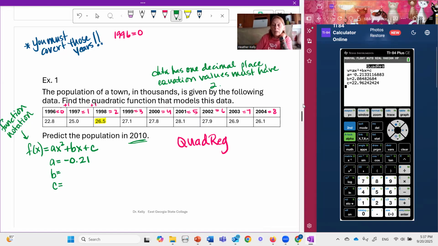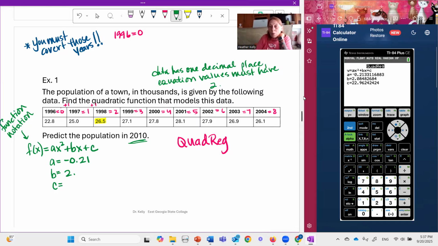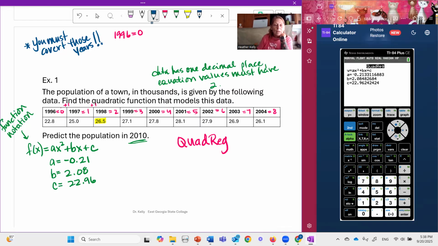Okay, then B is going to be 2.084, so 2.08, and C is 22.962, so that'll be 22.96. All right, now our equation then is going to be f of x is equal to negative 0.21x